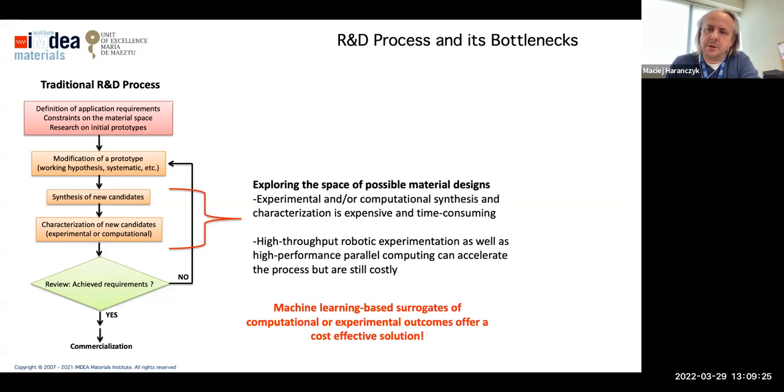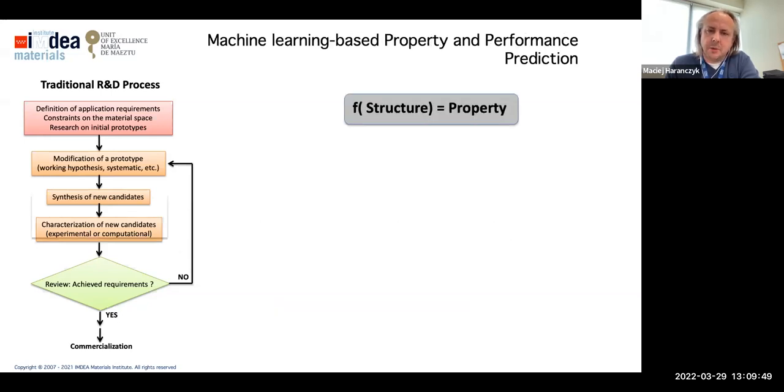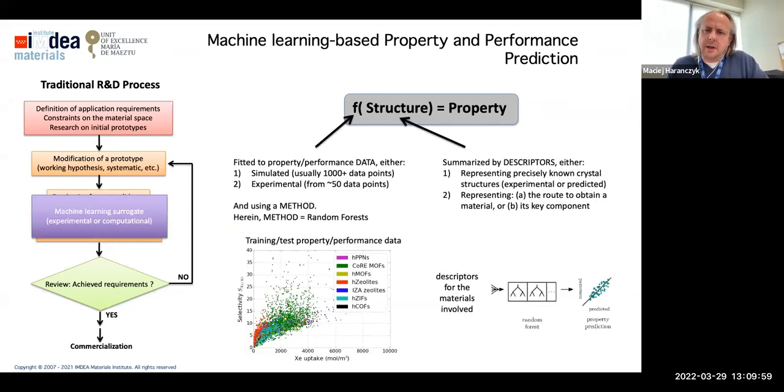So basically what we want to do is to create a digital twin of the real experiments that will allow us to synthesize and predict properties of materials before they are made, and do it fast enough so we can explore various candidates and identify best solutions at minimal costs. So here we basically try to build a function that correlates the structure, our prototype, with property. And in order to do it, with machine learning, we need a couple of components.